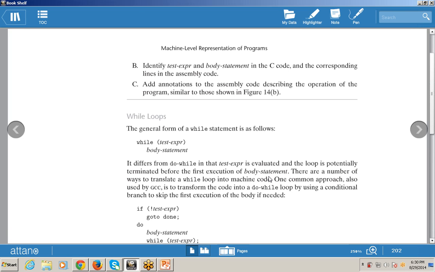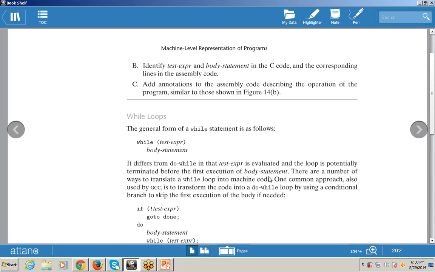So do while will execute at least once, but a while loop may never execute, because before executing the statement the condition will be checked. If the condition is false, then the statement will not execute. This is the main difference between while and do while.